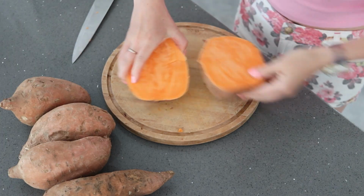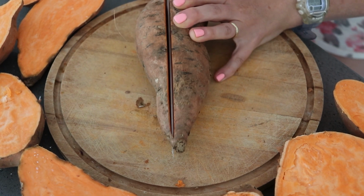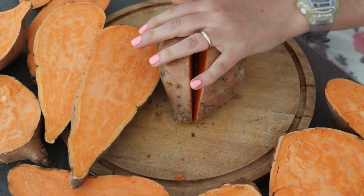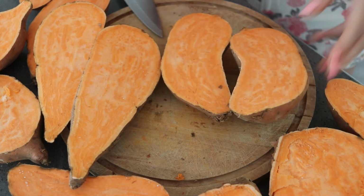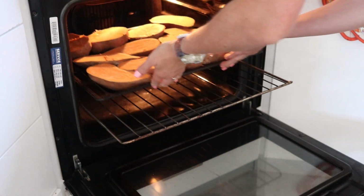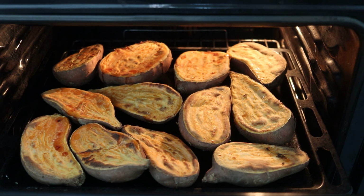To make these gorgeous, yummy, healthy brownies, we need sweet potato puree. This is so easy to make if, like me, your country doesn't sell tinned. Large, fat sweet potatoes are best. Just slice the sweet potatoes in half and bake on 180 degrees centigrade for 30 to 40 minutes depending on